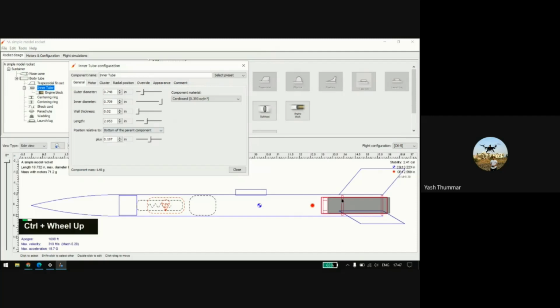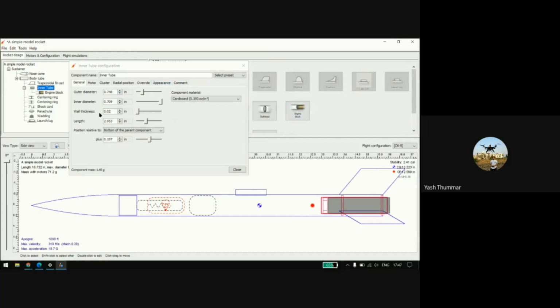There is a gap between the center ring's outer diameter and the body's inner diameter, so you have to give that margin. The outer diameter is the same as the inner diameter of the center ring, which we will talk about here. The inner diameter is the same as the motor, whichever type of motor you fit into this inner tube.